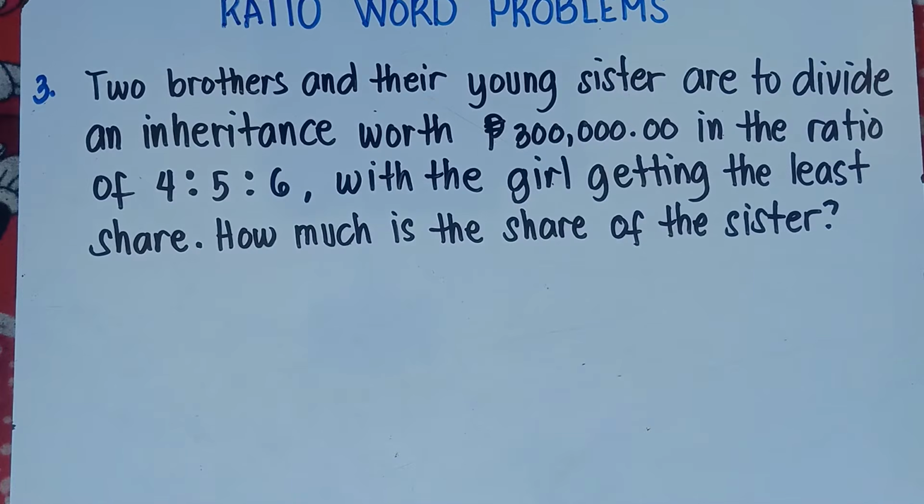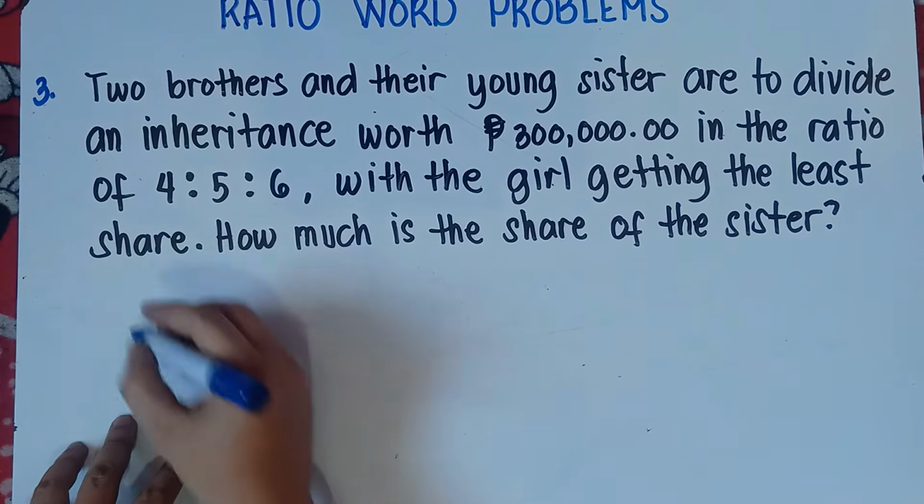Last example, class, number 3. Two brothers and their young sister are to divide an inheritance worth 300,000 pesos in the ratio of 4:5:6, with the girl getting the least share. How much is the share of the sister? So once again, let's write down the ratio. That would be